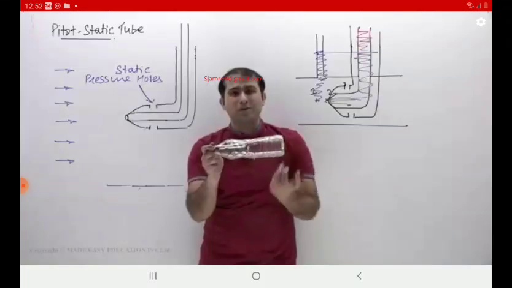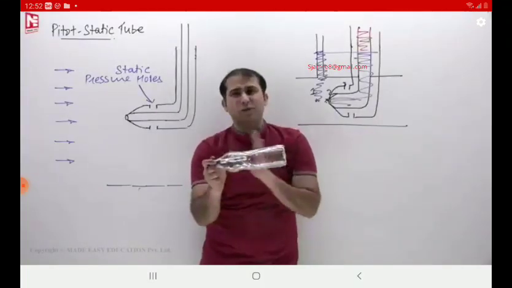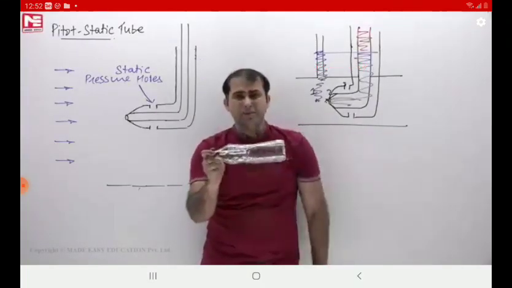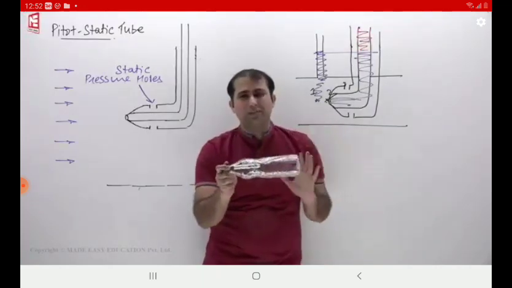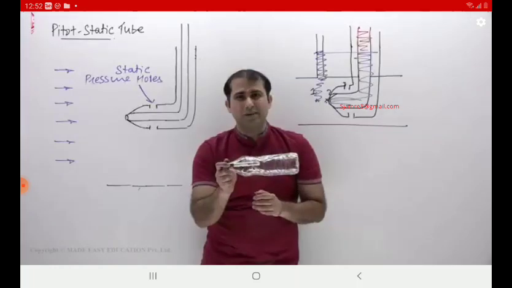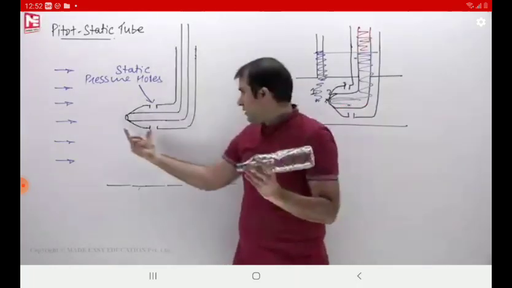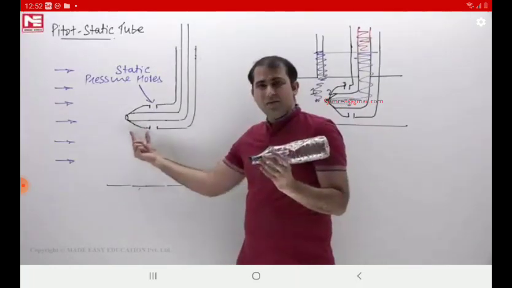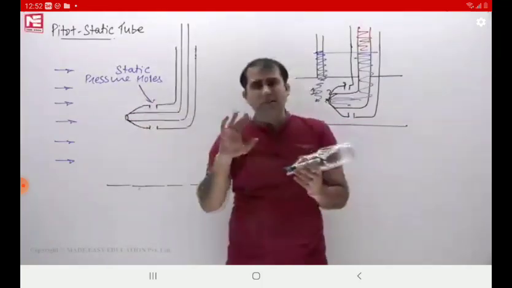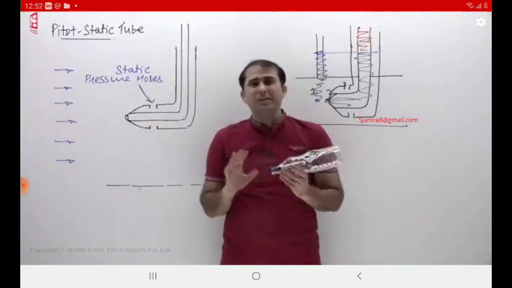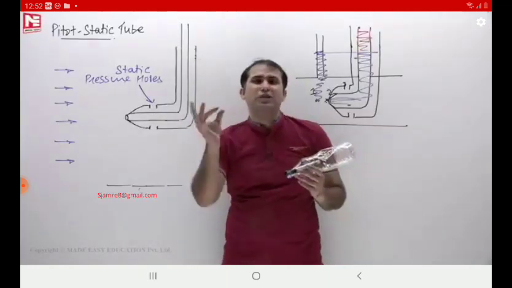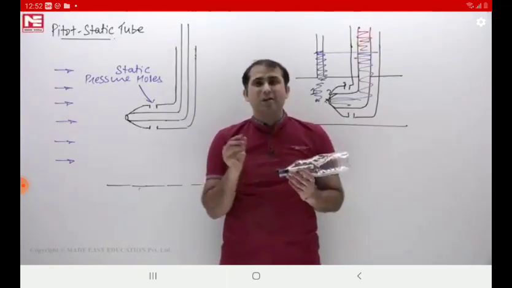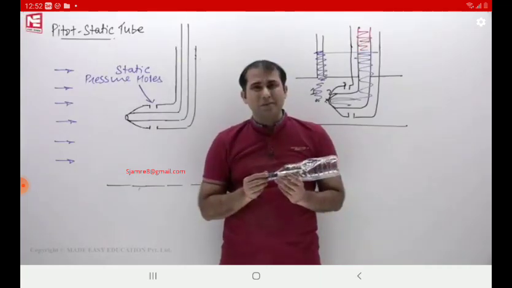It is not only two; it depends on the design, and it's a very simple construction whatever we have taken here. Otherwise if you go into the design, there are design parameters: how many holes we are going to take here, then the distance of this part, the diameter of this, so that is a design consideration, but we are not going to enter into that because our discussion is not about that. Our discussion is about how the pitot static tube actually works, how it is going to measure the static pressure.